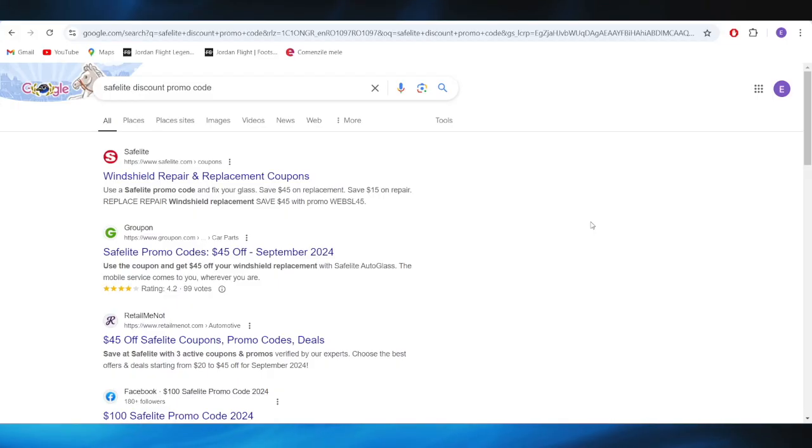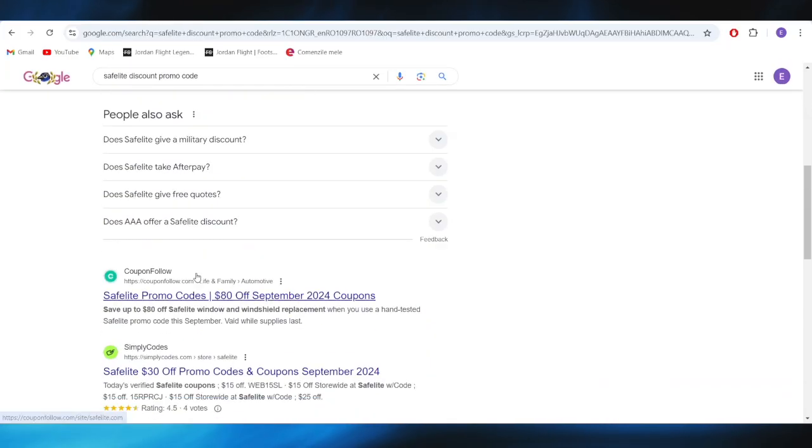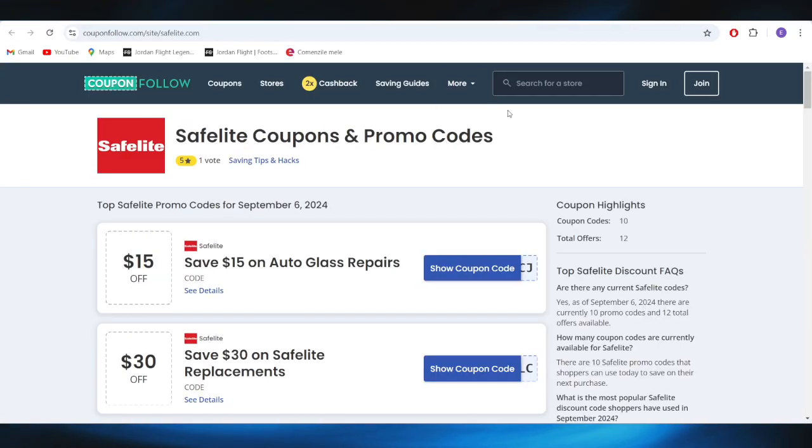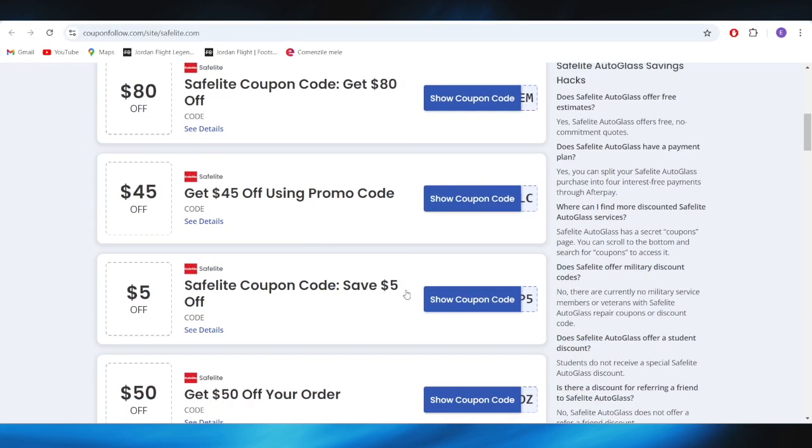First of all, go to your web browser and search for Safelite discount promo code. Right here, scroll down a little bit and search for the couponfollow.com website. As you can see right here, we have a list with different types of promo codes that we can use